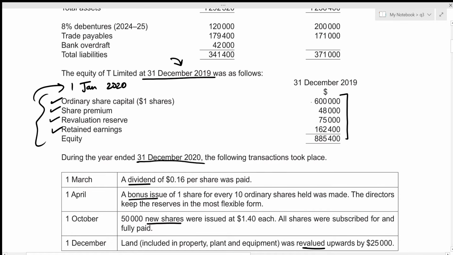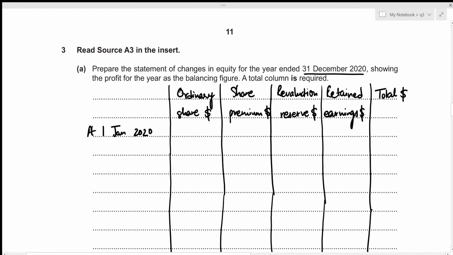So we're just going to substitute these values. For ordinary share, we have 600,000. For share premium, we have 48,000. For revaluation reserve, we have 75,000. And for retained earnings, we have 162,400. Let's write down these values. For ordinary share, that's 600,000. For share premium, that was 48,000. For revaluation reserve, it's 75,000. And for retained earnings, it was